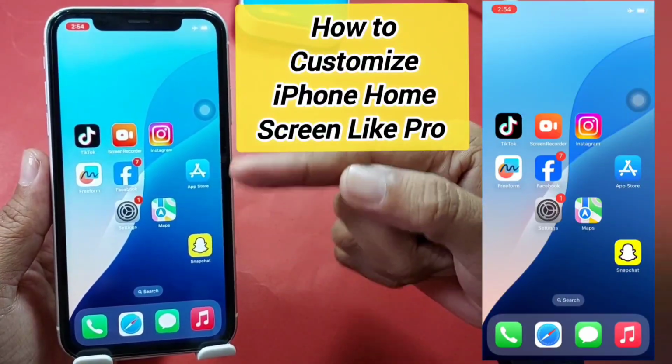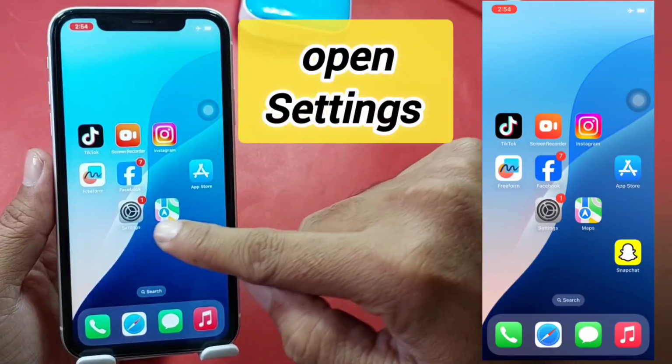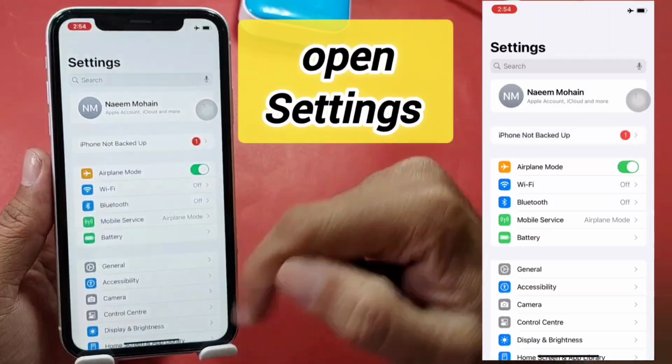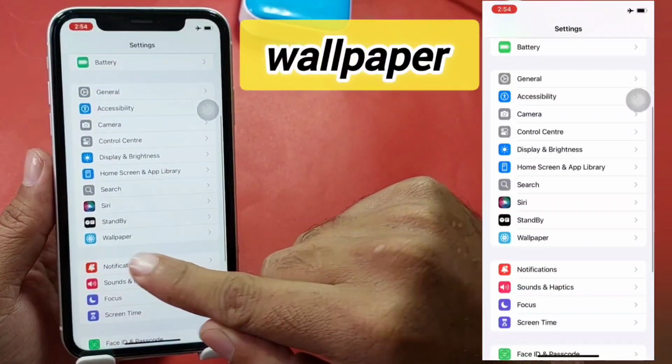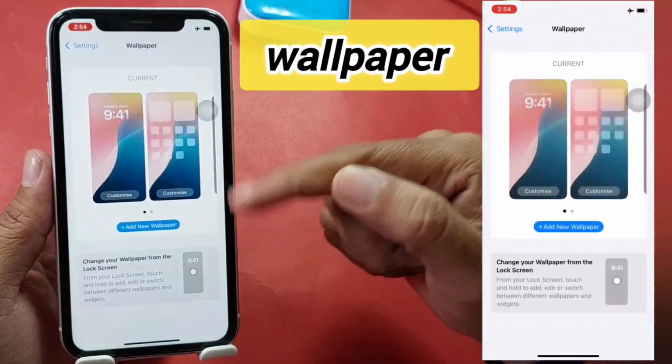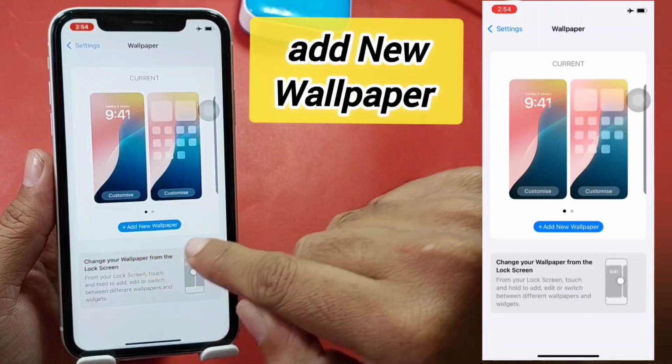Customize iPhone home screen like a pro. Open Settings, scroll down, and here you can see Wallpaper. Open this, then add new wallpaper, select,